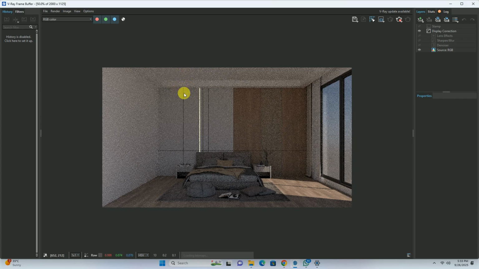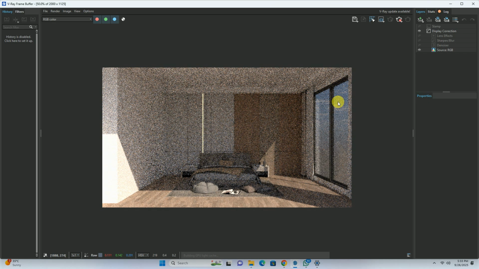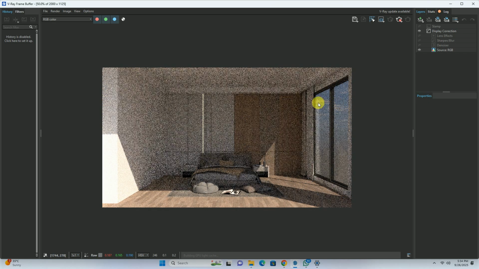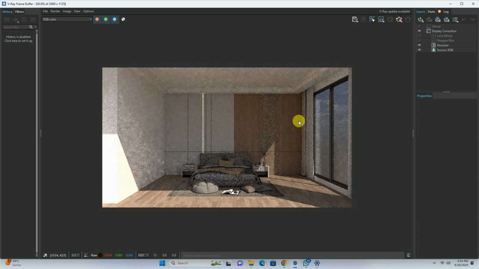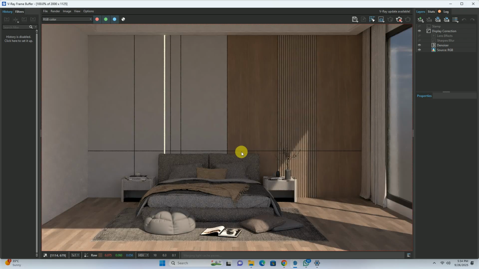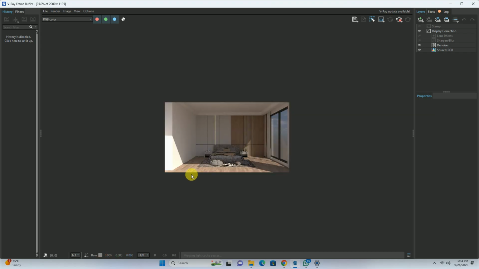Now when you see the interactive one, we'll be seeing some cloud feature over here. We won't be using this tool presently. We'll be using this tool generally while creating exterior renders. But for time, you can see the difference also. You can see the white shades over here. These are the cloud shades. Now, when we look at the render, we can see some sunlight is coming from this direction. Some of the sunlight is coming from this direction as well.